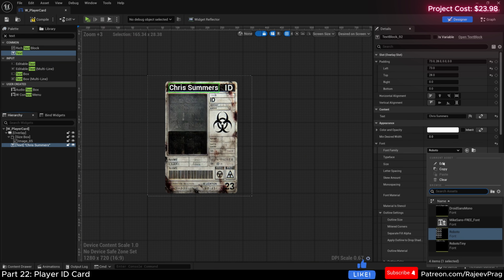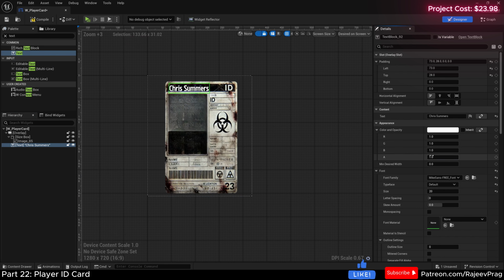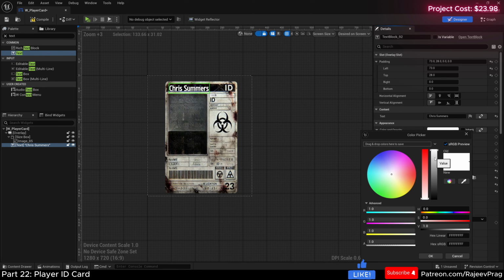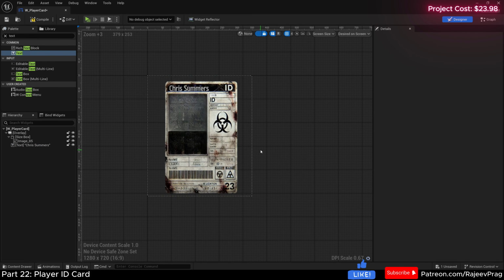So here I'm going to go ahead and select that. And the color and opacity, I do want to turn it down a little bit. So let's go ahead and darken this just a bit. And the opacity, I'll just put it at like 0.8 just to make it fade into the entire setting here. And then the ID is going to be as it is, but right here, I want to add the player's